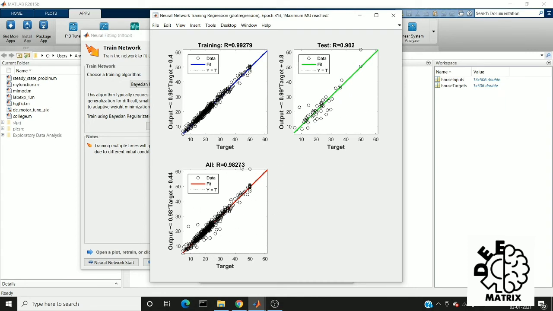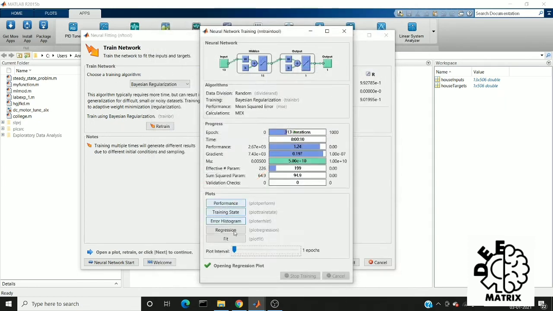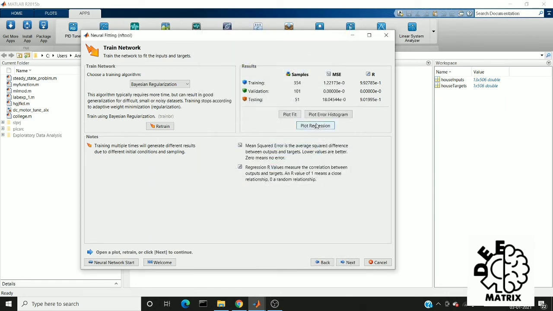Before we go next, here you can see the mean squared error value for each split, for example training, validation, and testing.